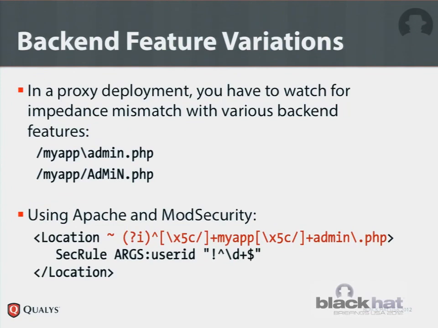So imagine that we have Apache running as a reverse proxy deployed to protect an IIS web server. This is actually quite a common deployment scenario. Once you deploy in a diverse architecture, you have to start worrying about what the web server in the backend is going to do. In the case of Windows, Windows will happily use the back slash character as a path separator. And of course, the file system is not case sensitive. So how are you going to deal with this? Well, I gave it a shot.